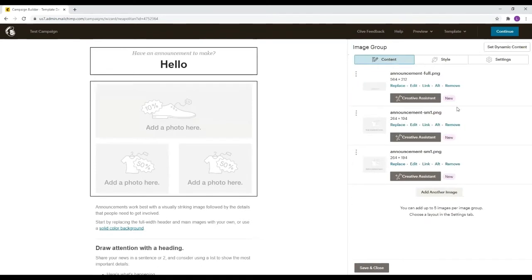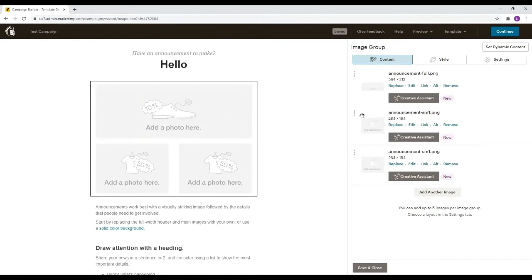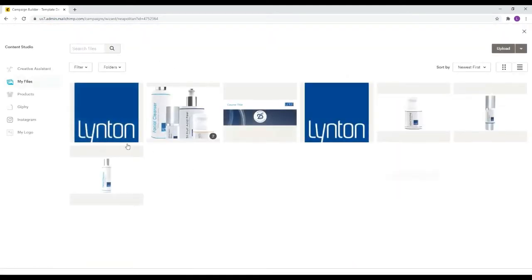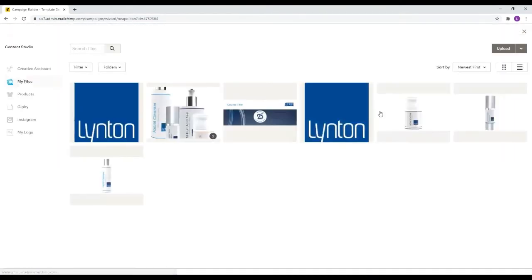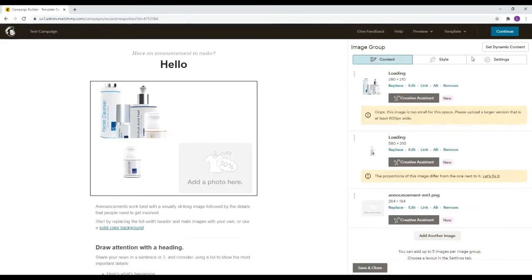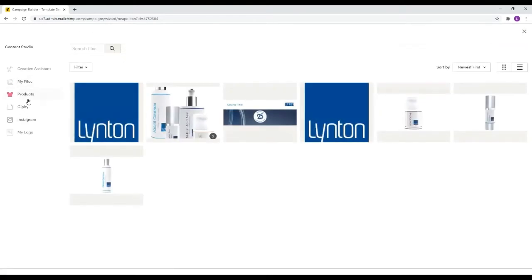And you can add a photo. Just click on this section, so it'll separate them out into each individual box. And then you can just press replace. So we'll put in this picture here. We'll pop in another photo. Some of our skincare range here. And then replace. You can also put in products.